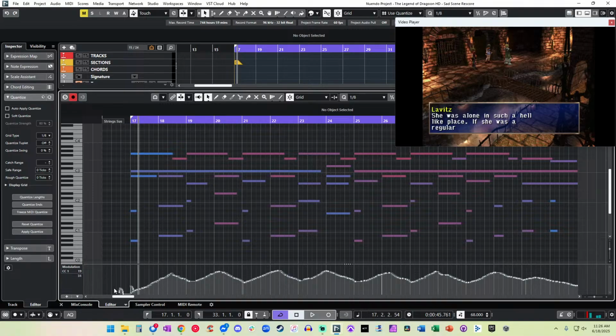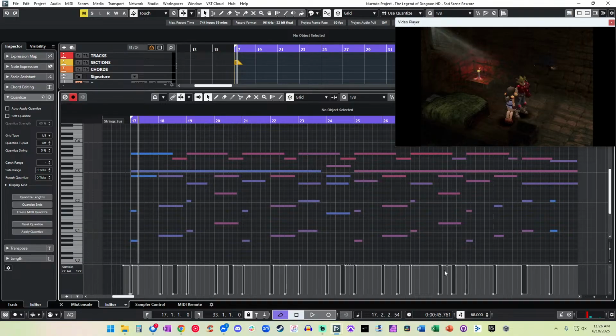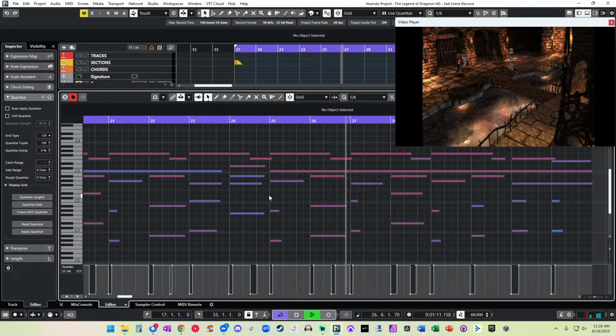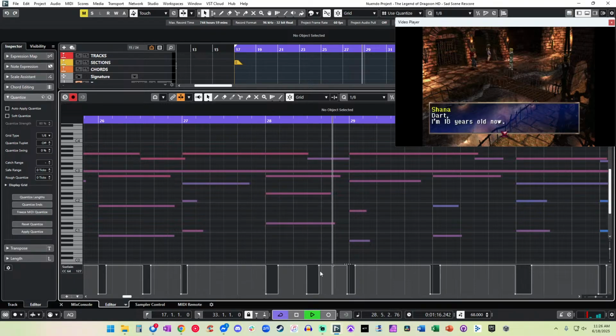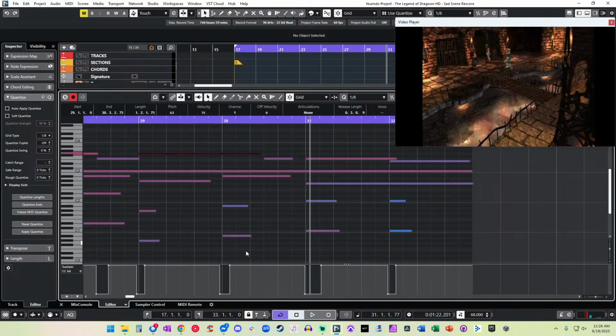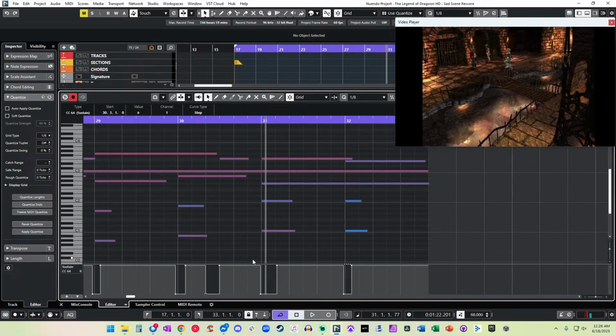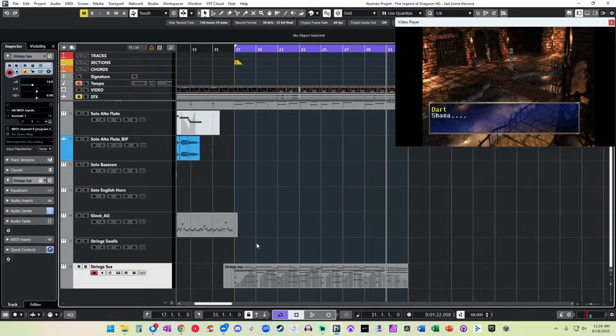All right, that was good, except for my sustain pedal got stuck right around here. Let's fix it. There. No. Maybe I can change it right there. I hate manually editing sustain pedal because it's the most unintuitive thing ever. But it is necessary sometimes. If you make a mistake, you gotta fix it.